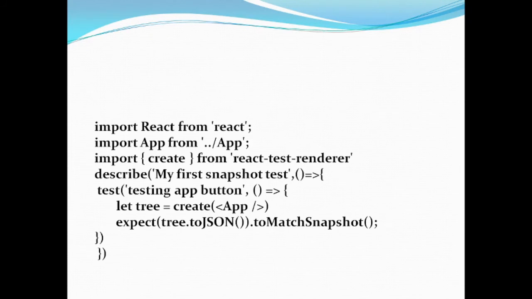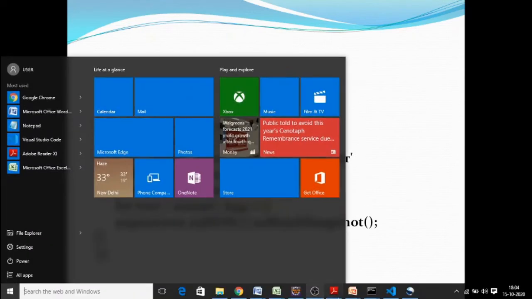Once the test cases are created, you write a test case file where we expect, in our test function, a match with the snapshot every time. So when you run it the first time, a snapshot gets created, and whenever you make changes to your component, it immediately checks against the previously created snapshot. If it is not matching, it is going to fail the test case. That's what we will see practically.